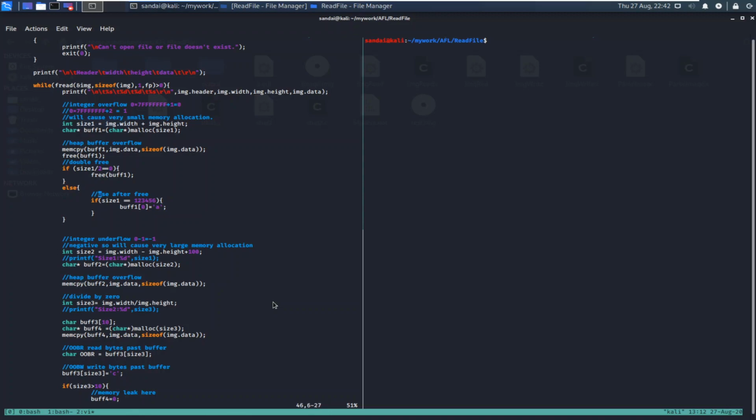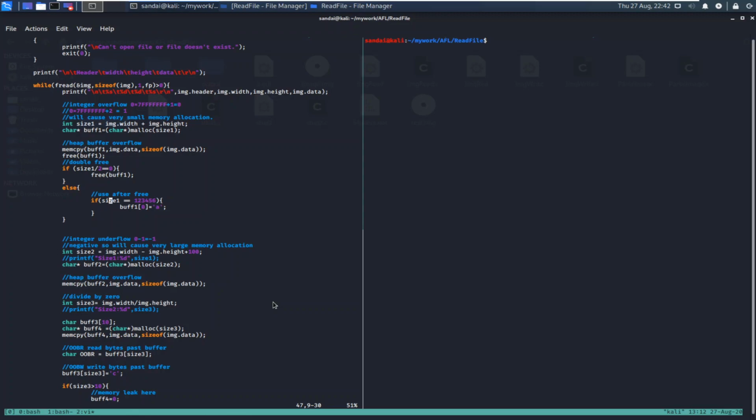Similarly, I have added one more vulnerability class which is use after free. In use after free, what happens is you free some memory and then try to use it, so the program will run into issues. If you compare it with ASan or UBSan, that will cause a crash. Just to demo the use after free vulnerability, I have added a random check.